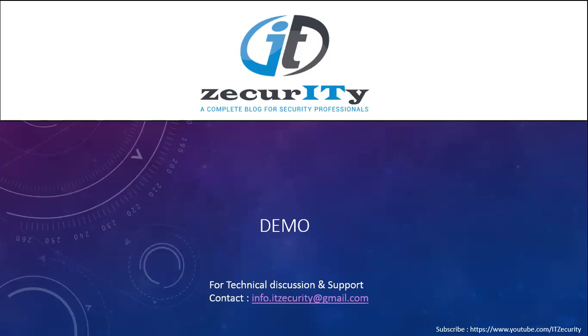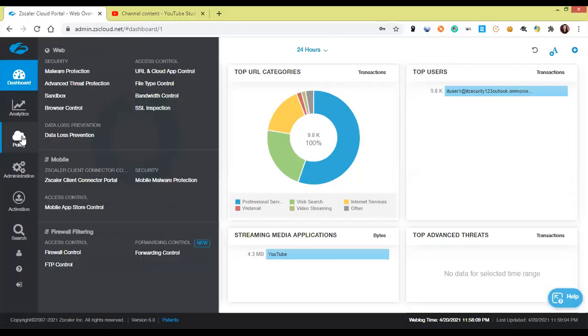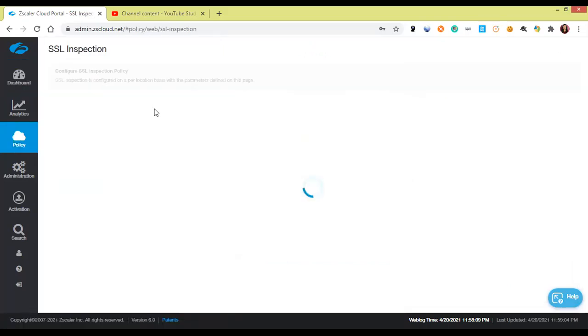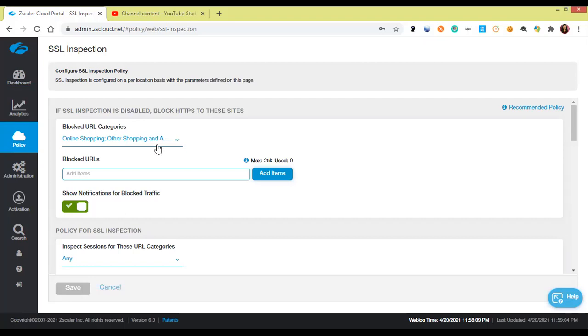Let's jump into a demo. You need to go to Policy, SSL Inspection. Under SSL Inspection, you have certain modules. The first module is: if SSL inspection is disabled, block HTTP to these sites. Generally, if you have enabled SSL inspection, Zscaler will do inspection and policy blocking regardless of HTTP or HTTPS sites.